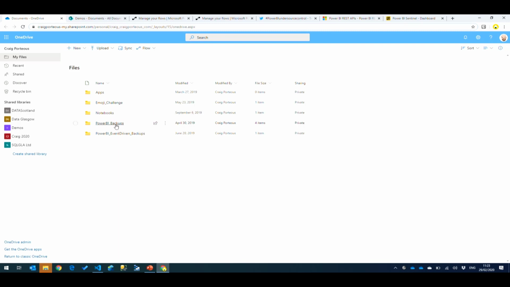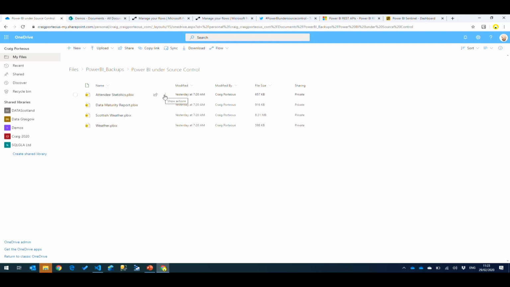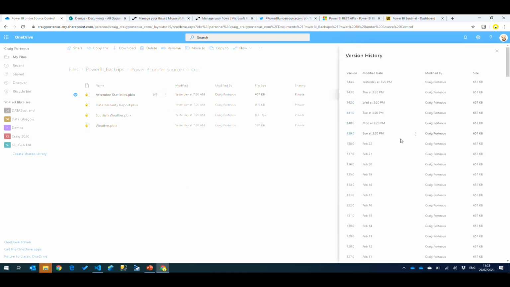So yeah, you've got your Power BI backups. Everyone see that okay? So you've got your Power BI backups folder, for example. I've been pulling these into OneDrive on a daily basis. I've got a list of all my workspaces and all of the reports inside them. I can click on the ellipses here and it gives me version history. That gives me a full list of all the versions for that report, the times that they were taken,